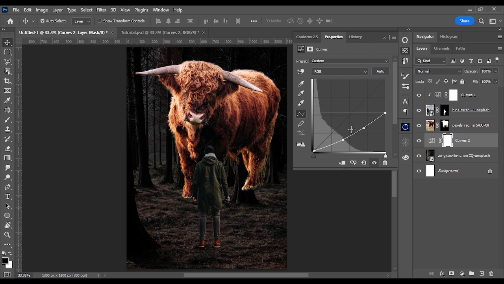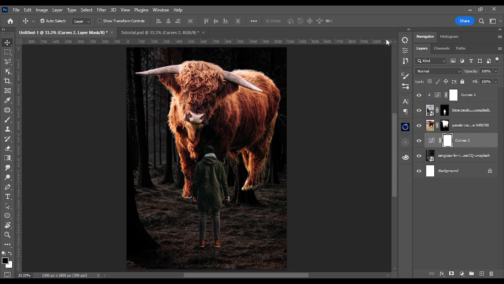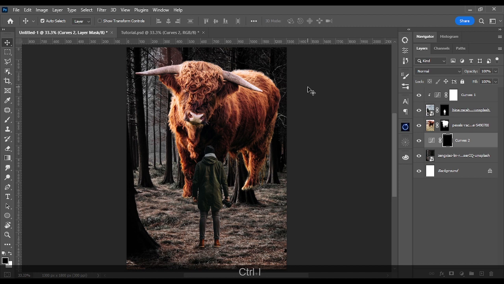Okay, now it's looking good, and I'm going to leave it there. You can just experiment with it. Now hit Control plus I to inverse it, and simply select the brush. Make the brush size a little bit bigger, like this. Hold Alt and